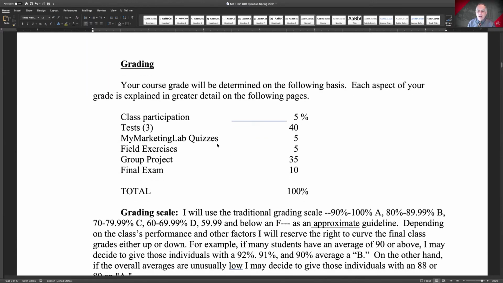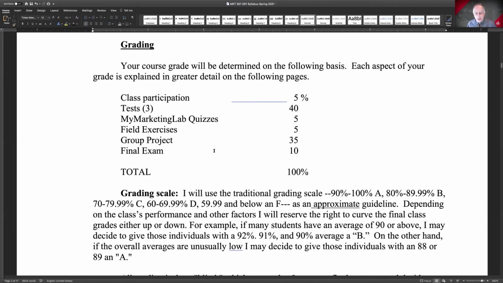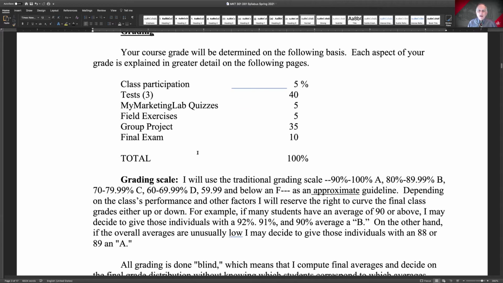Okay, the big question, how do I get graded? Well, we have a lot of moving parts in this class here, as you're going to see. There's a lot of different ways that I'm going to grade you, and this is kind of a response to my customers, so to speak. You all are my customers, and I want to meet your needs and make you happy if I can. And over the years, students have told me they'd rather have a lot of smaller things than just one or two big things on which their grade depends. So I've listened to that, and here's what we've got. So class participation is going to count for 5%.